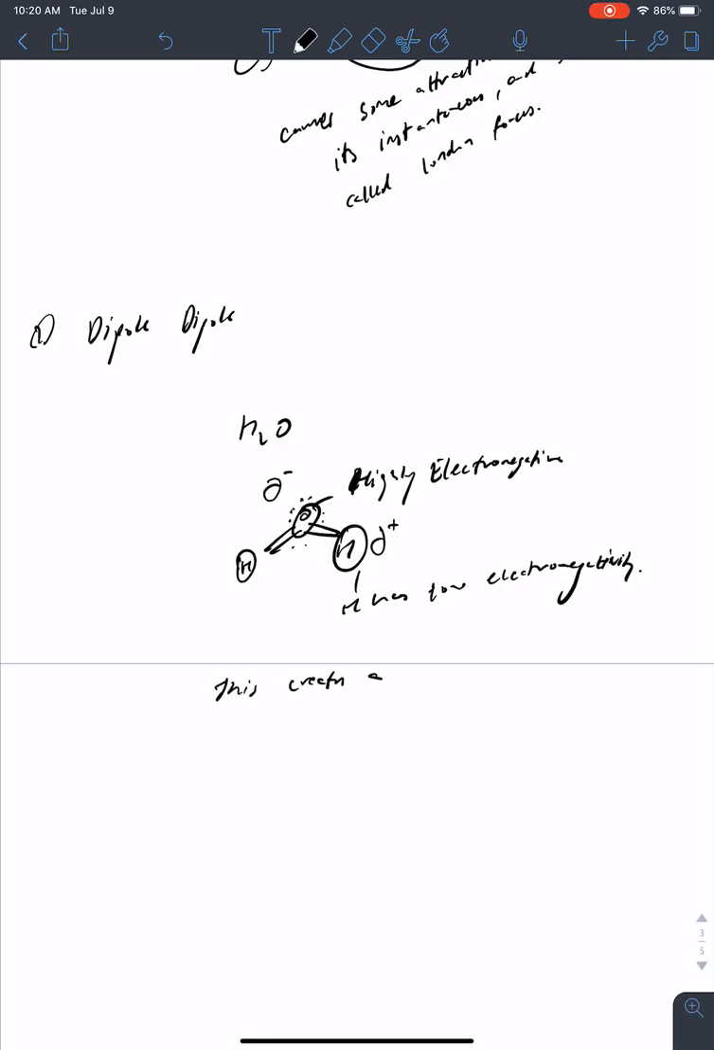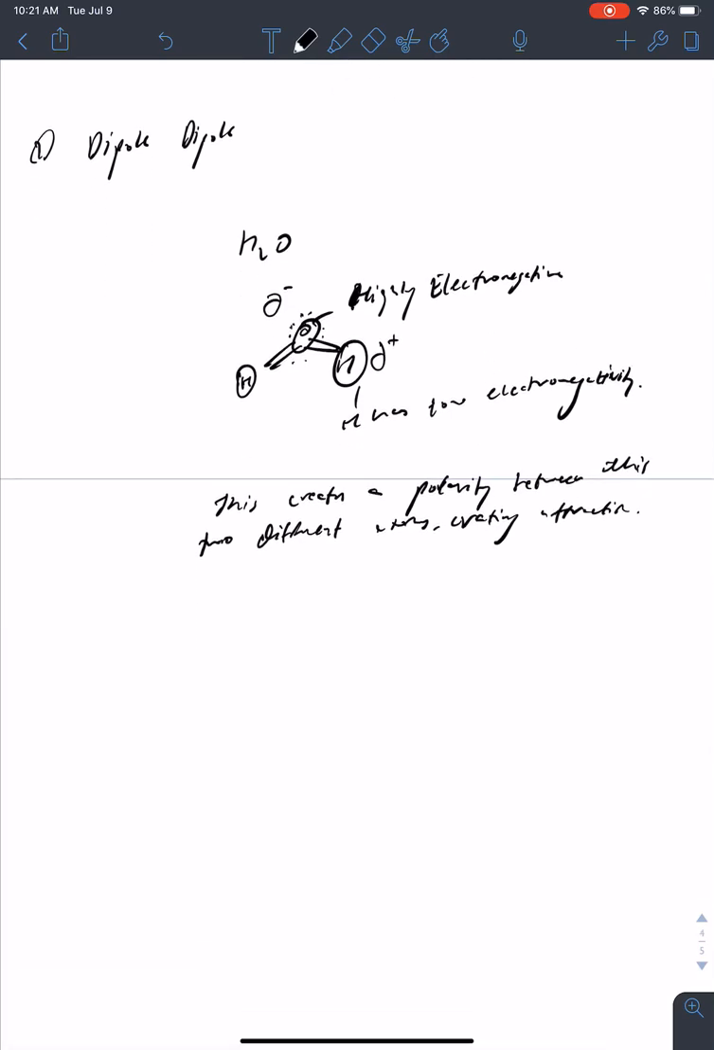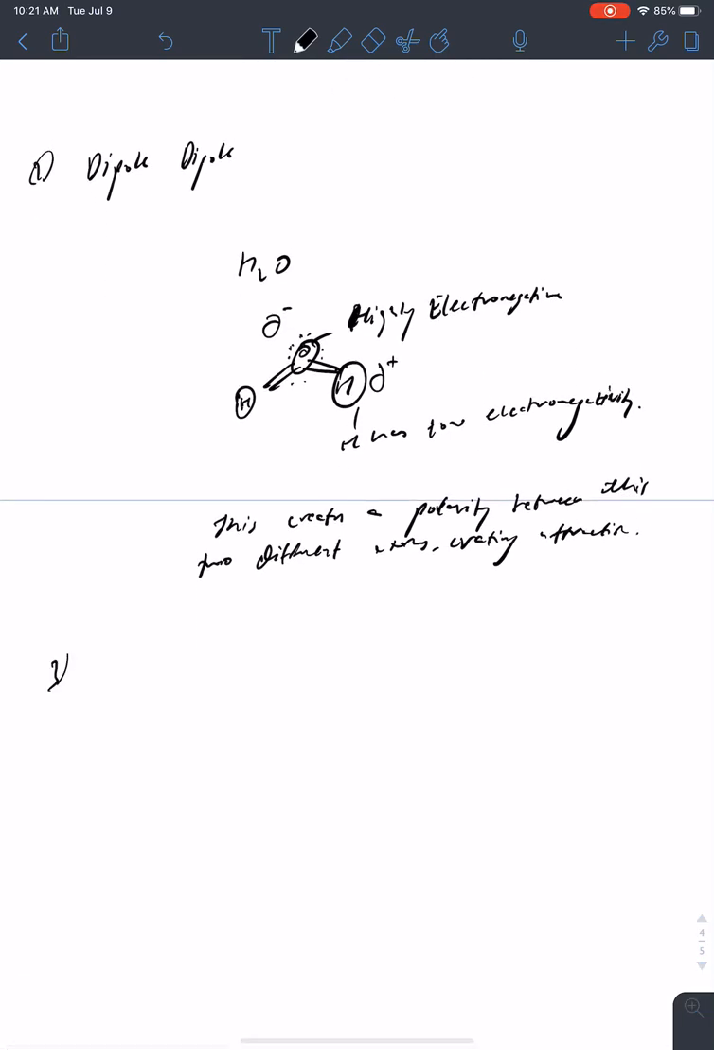And this creates a polarity between these two different atoms, creating attraction, right? So this is dipole. The third one is called